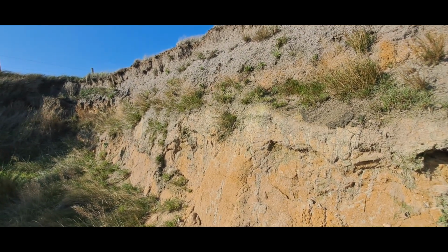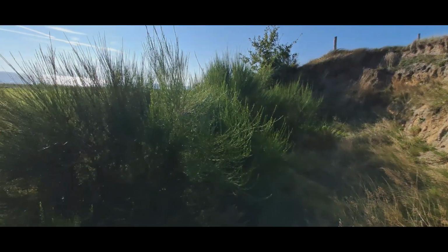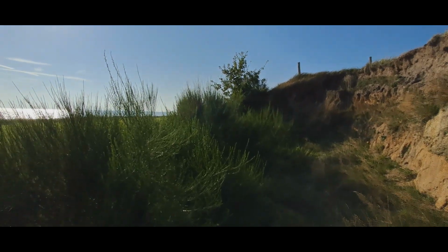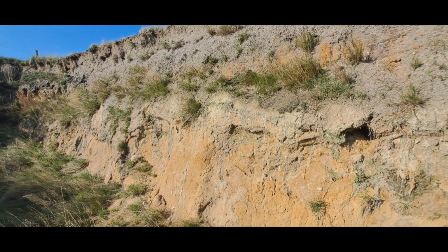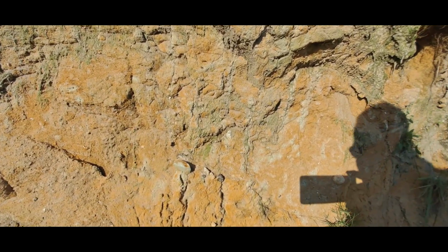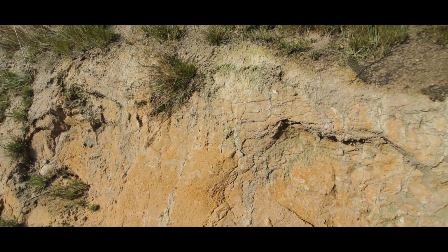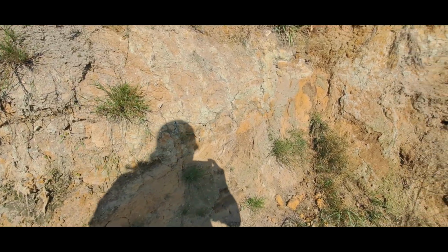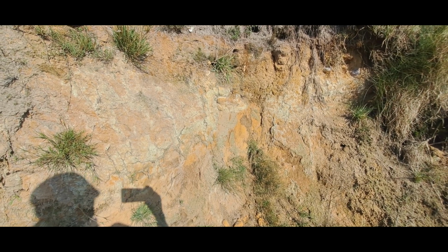It's a pity they don't clean this, because the reason they don't clean this is erosion. But there is no erosion anymore. I mean, the sea is gone. Ebb and flow don't come here anymore. So it's always interesting here, scouting for, well, this layer is very, very small fossils,